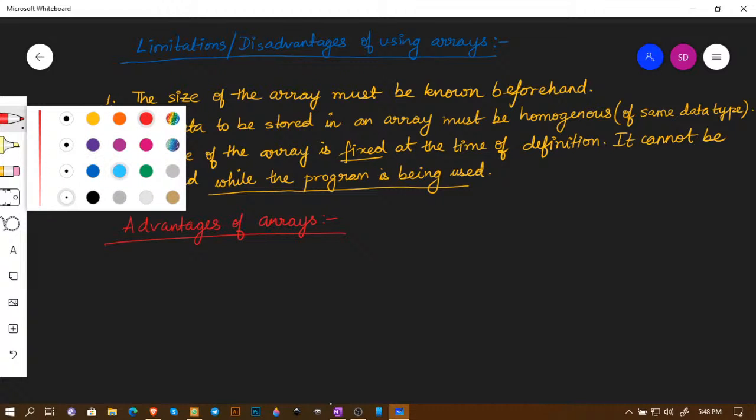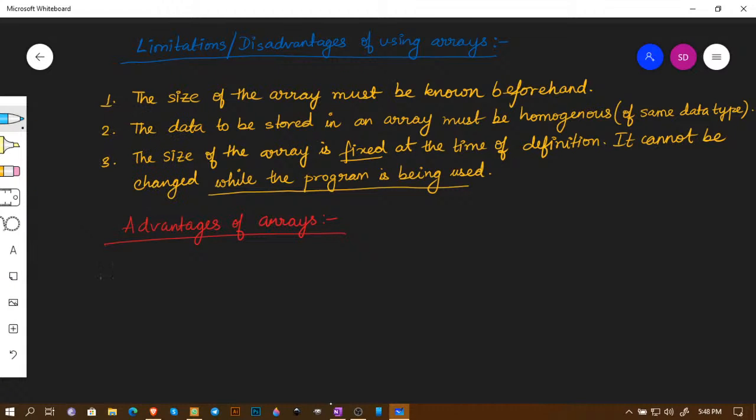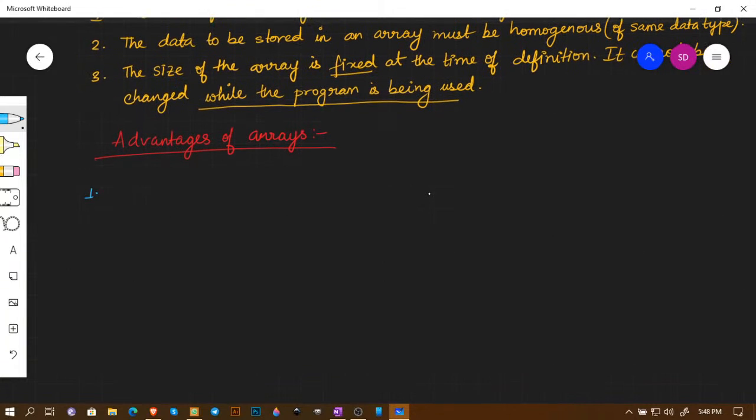So the first advantage that we are talking about is code optimization, which means